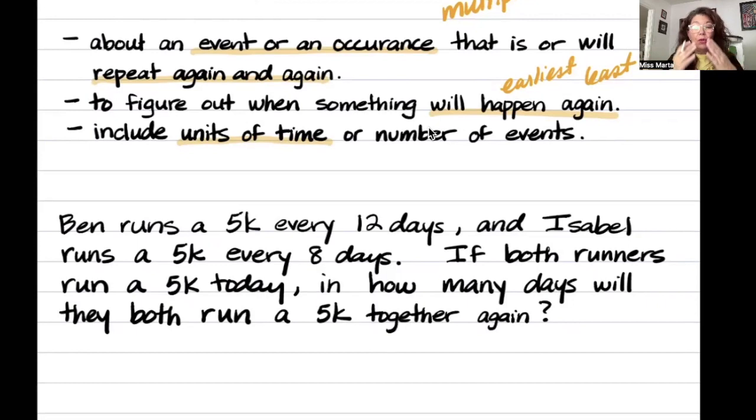So, noticing the guidelines I wrote above the problem up here, okay? Notice they want to know in how many days will they both run a 5K together again? When is the next time? That is a clue that it's a least common multiple problem because they want to know the earliest when that